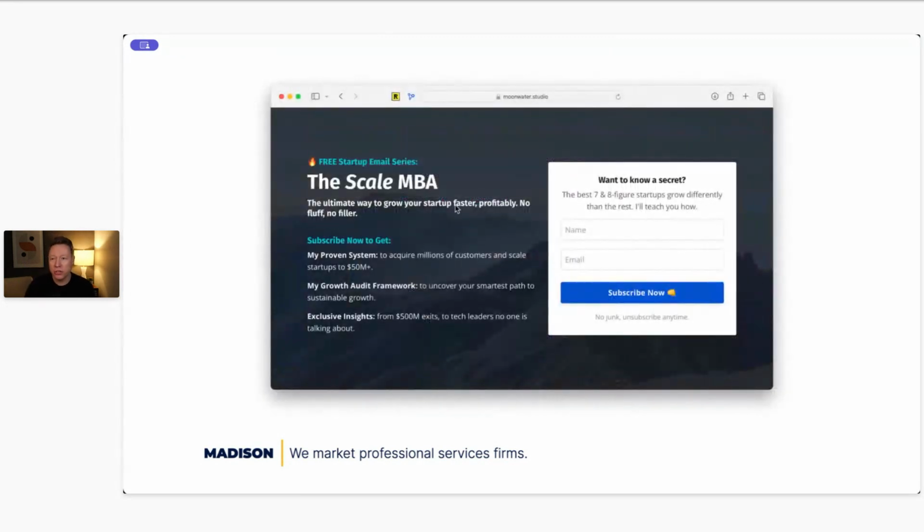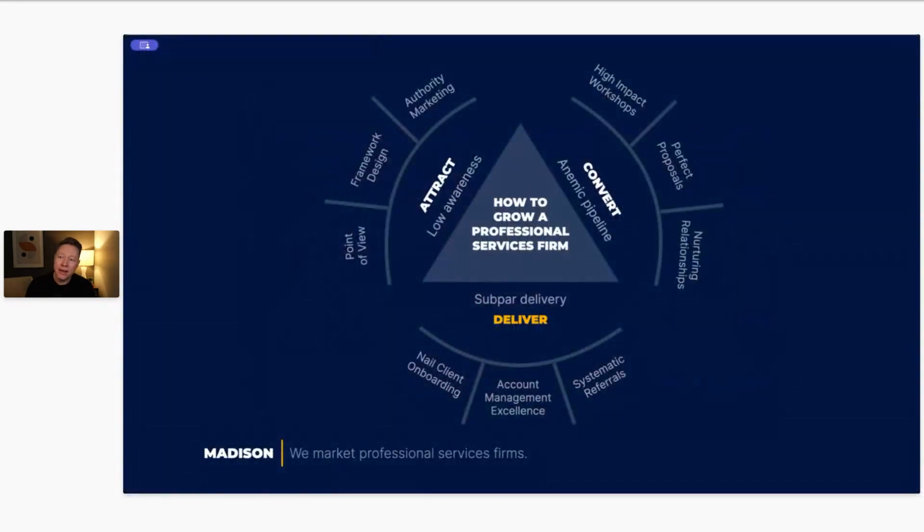Another good example, I mentioned my buddy Mike at Moonwater. He does this through gating his content, similar to the Madison playbook. He's created a curriculum on how you implement his 8 questions and does a deep dive on each one of those. He gates it behind a name and an email, but he's giving you a whole lot of value. He's giving you the exact process that he uses to go through those 8 questions, and shows you examples, with a very soft call to action at the end on what you do about it. And then it naturally leads into delivery in terms of the actual work itself.